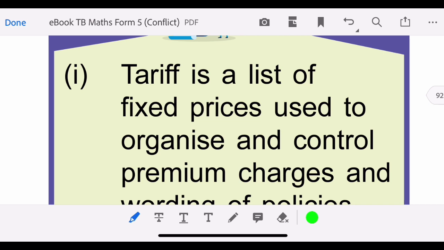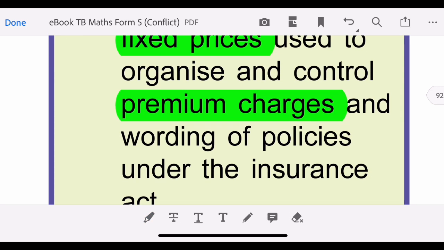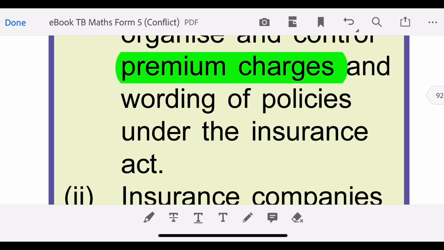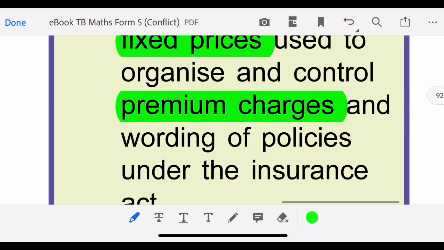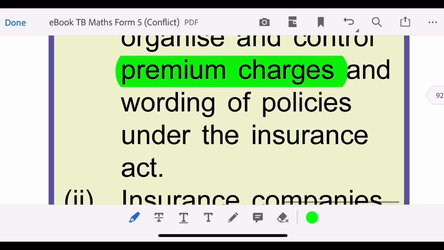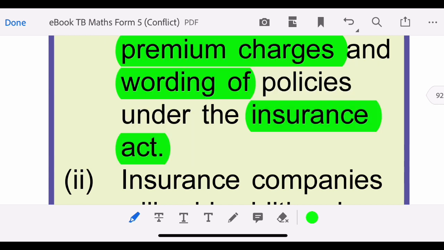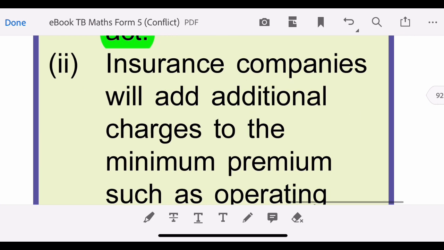Tariff is a list of fixed prices used to organize and control premium charges and wording of policies under the Insurance Act. Okay, so this one you must know. Tariff is actually a list of fixed prices used to organize and control premium charges and wording of policies under the Insurance Act. Okay, so insurance companies will add additional charges